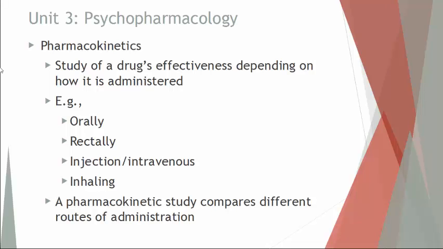So one drug won't have the same effect on every single person. It's common to have one drug given, say, to a 20-year-old in one method, but given a totally different method to someone who's 70 years old. Their metabolism will be different. So how it's processed by that person will depend a lot on how that drug is given. The dosage may be increased, the frequency may be increased or decreased.